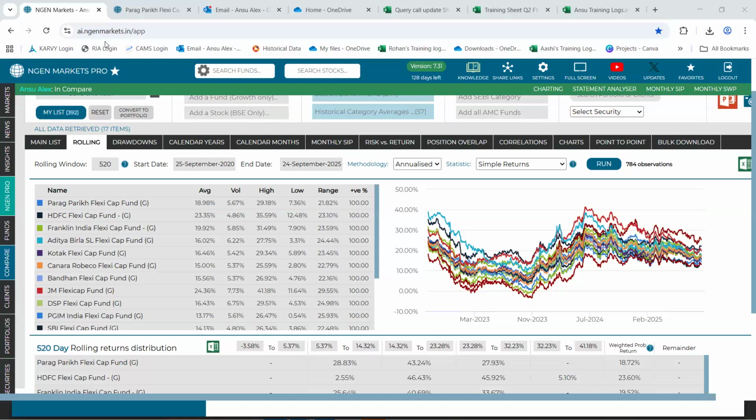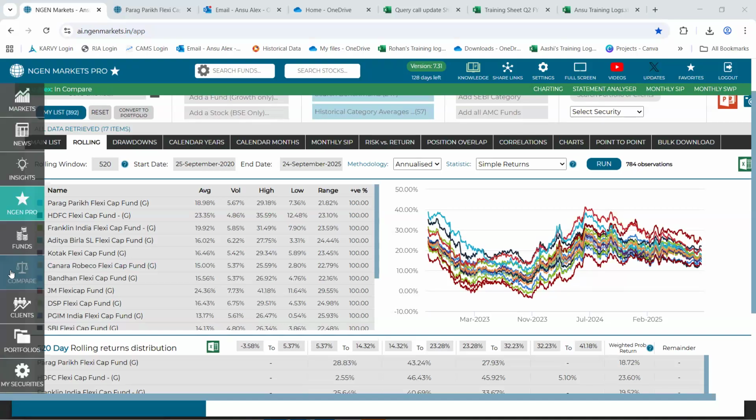Sorry, I just missed your question. Could you just repeat? Yeah, sure. I wanted to know, if I want to see the performance of 2 or 3 funds that I have shortlisted for myself, I want to see how 1 lakh would have performed for that period, like let's say 1 year. Do we have a page for that comparison?